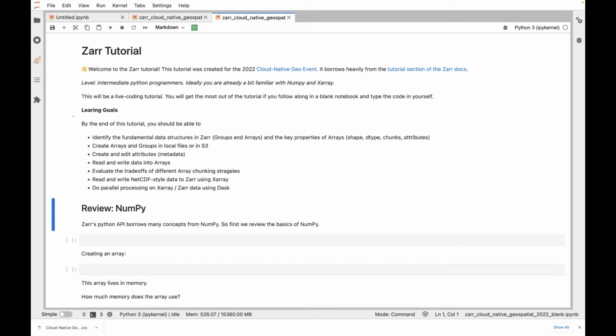So this is not a talk, this is not an overview, this is an actual lesson where we're gonna teach you how to use Zarr. But that only works if you actually follow along in a blank notebook and try to type in the code yourself. Okay, so some of our goals for today,